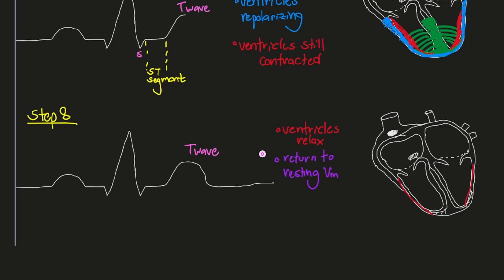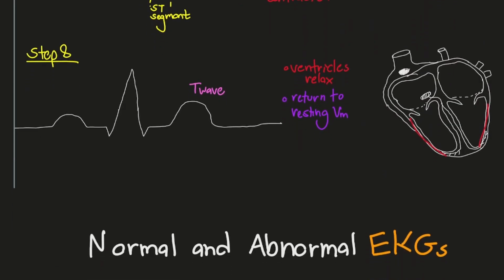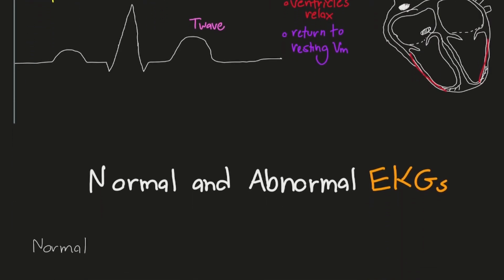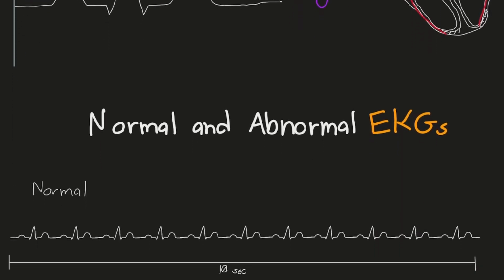From this step 8, it'd go back to step 1 where we have a stimulus stimulating our SA node, which then will depolarize our atria, leading to step 2, back through to 8, and then again going back in the cycle of 1 through 8, 1 through 8, 1 through 8, and that is the cardiac cycle with its electrical events. So with this understanding of an EKG, we can now look at a normal EKG to find different degrees